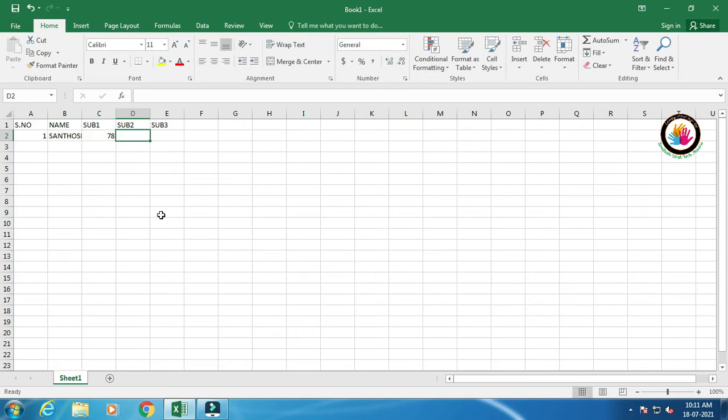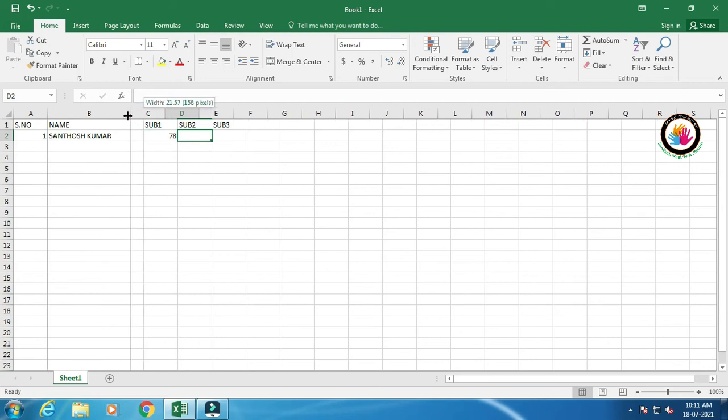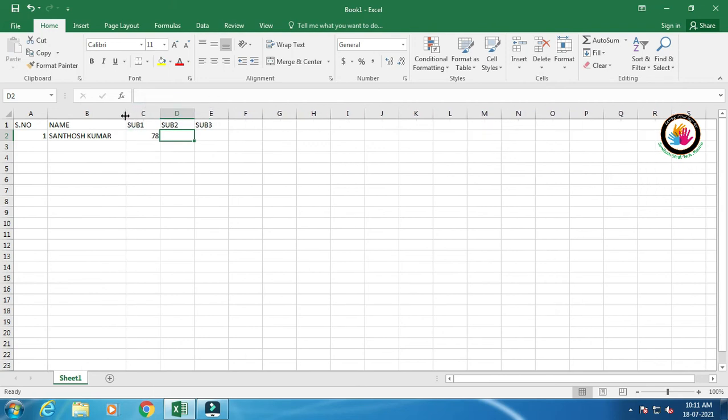Then if you observe here, the name is hidden behind this column, as the size of the column is very small. To increase the column width, just place the pointer in between these 2 columns so that you can see the double headed arrow, the column resize icon pointer. Then click here and just move according to your requirement. This is the method to increase the column width or to decrease the column width, whatever it may be.